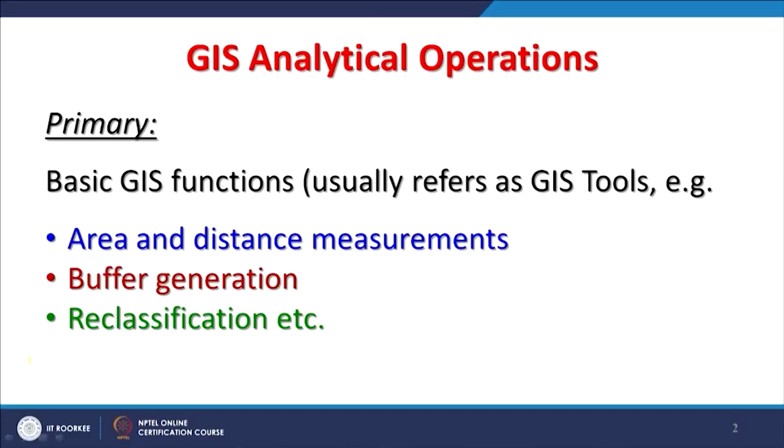Similarly, we can do reclassification. For example, we do a lot of image classification on satellite images, and similarly we might have continuous raster data, for example a digital elevation model, which is completely continuous information. Now we want to classify it into different categories, so from continuous we can make it discrete, in different classes, for display purposes, so that the interpretation of such continuous data becomes much easier.